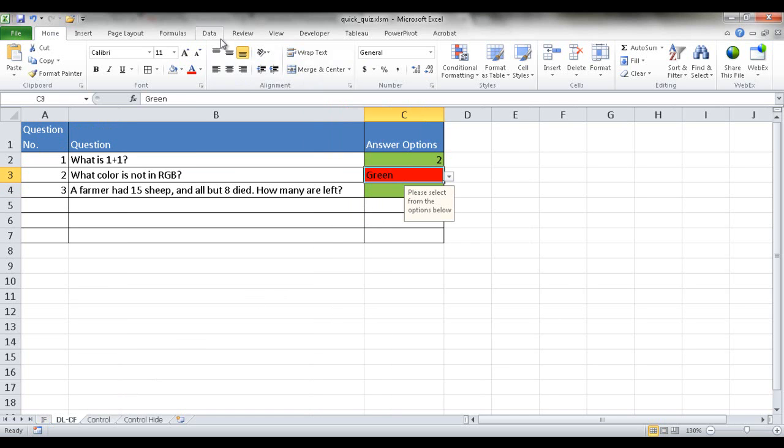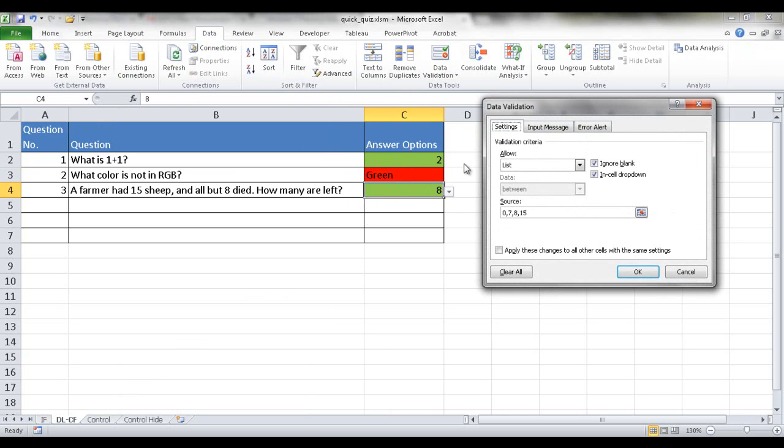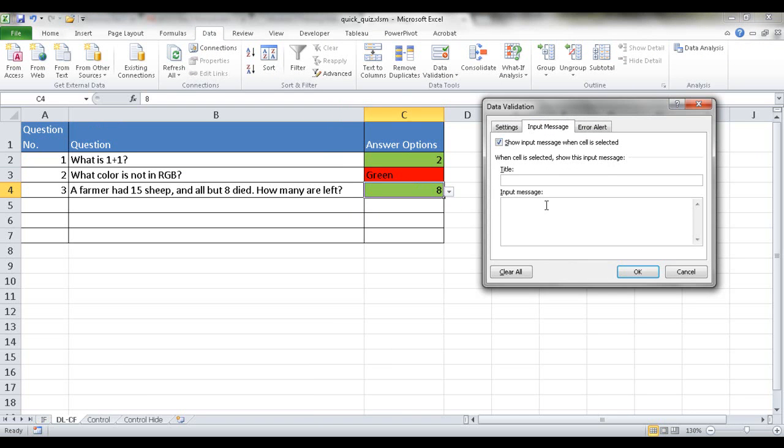So if I went under data validation or just press, whoops, that's the top one there. If I do it down here, that's already got it up here. But if I do it down here, I press Alt DL, you'll notice that my list is still here, but I can have an input message, or I can have an error alert. I can say, please enter amount. And in the error alert, if it's wrong, then I can say,